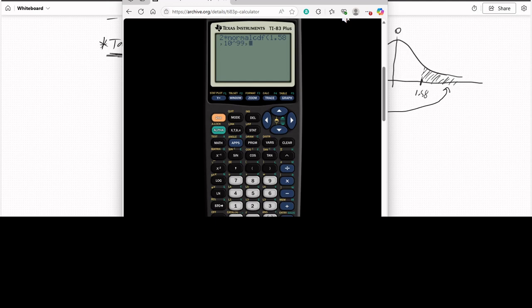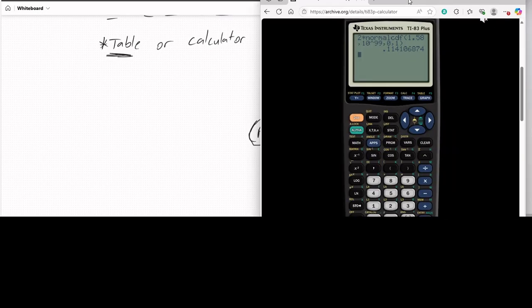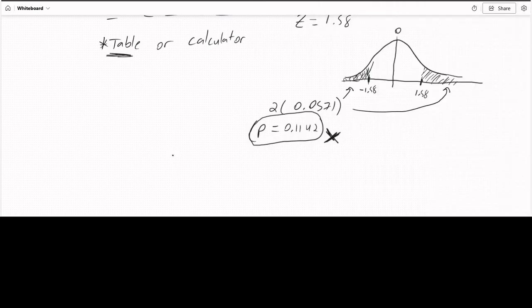And then the average, it's a normal standardized curve, so it's 0. And then a standard deviation of 1, also characteristic of this curve that we're using. So 0 and 1 will always be the case for this particular calculation. And that's 0.1141. So when we don't use the table and we have more accuracy, we can say that the calculator gives us the p-value of 0.1141, slightly more accurate, but still not confident enough to reject the null hypothesis in favor of the alternative hypothesis. Okay,